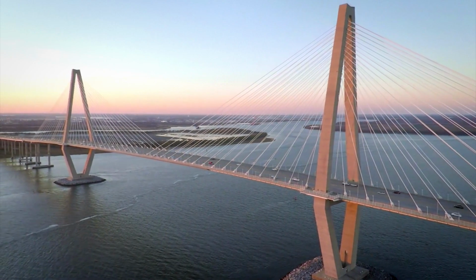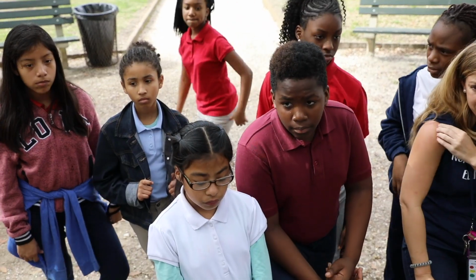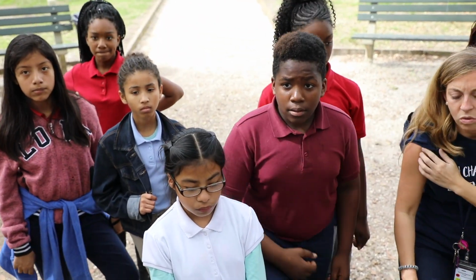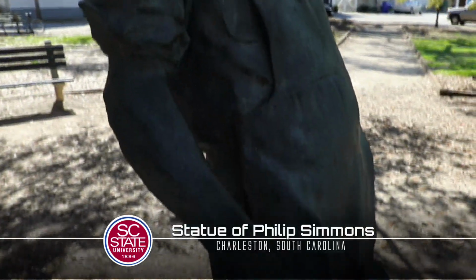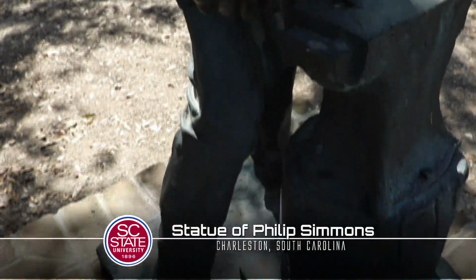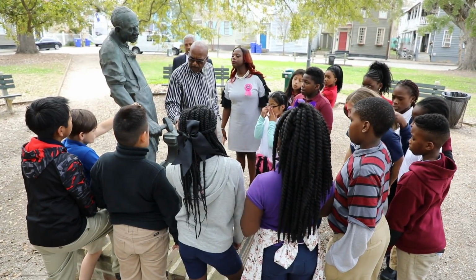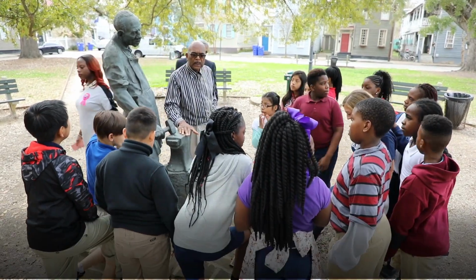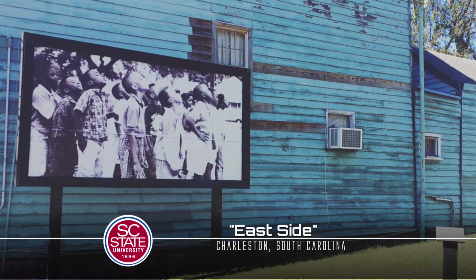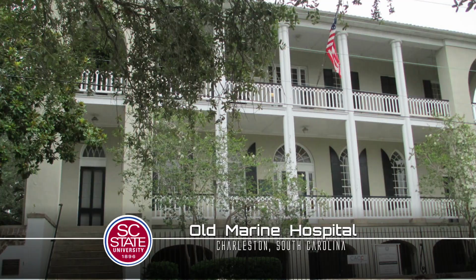1890 Extension's Charleston 4-H youth development programs' reach and depth are unmatched. 4-H reaches kids in several parishes in Charleston County, from urban neighborhoods to suburban schoolyards and local government agencies. During the tour, the 4-H students were exposed to the east side of Charleston, Old Marine Hospital, and the Charleston